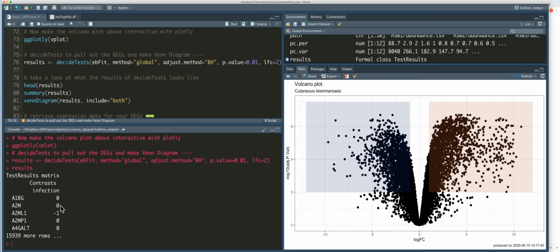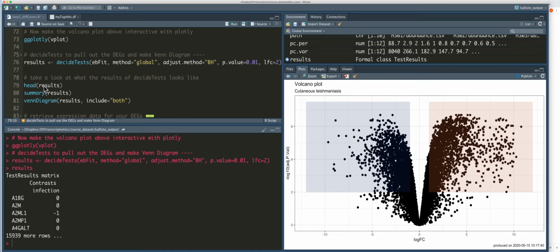The zeros, if you had a gene that was 0 in both columns of your contrast matrix, that would be a gene that's not differentially expressed under either condition. If you had a gene that was a 1 under one condition and a 0 under the other, that would be in one part of the Venn that's not intersecting. If you had a gene that was 1 in both conditions or both contrasts in your contrast matrix, then that would be a gene that was positioned at the intersection in your Venn diagram. And so these kinds of result tables are really easy to parse to produce summaries, to produce Venn diagrams and